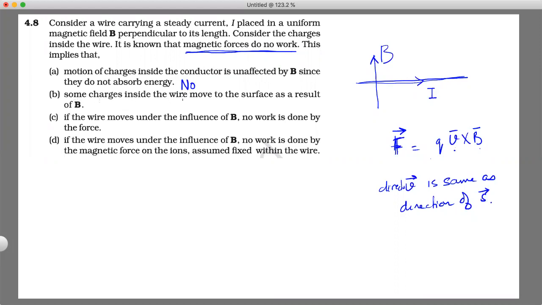Some charges inside the wire move to the surface as a result of B. Okay, is that true or false? I don't think so. It's true. See, okay, just think about this wire, right? I have drawn it as a line, but let's think of it as a cylinder for now. Okay, because then we can see the